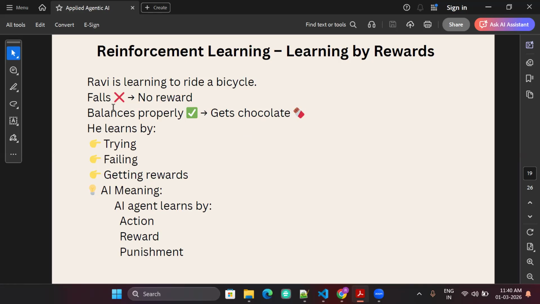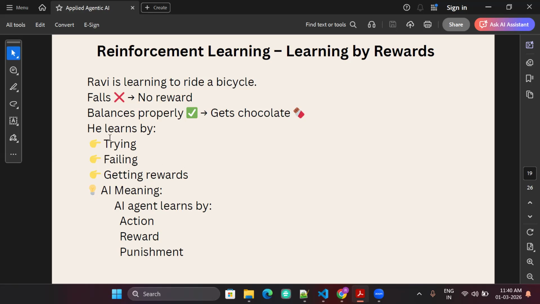But if the model fails at the task, then you punish that model, which means the next time this kind of task is given, it will not do things wrongly. Instead, it will try to do it properly so that it will get some benefits out of it.